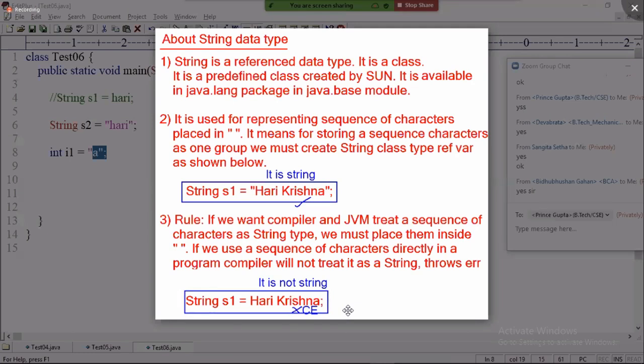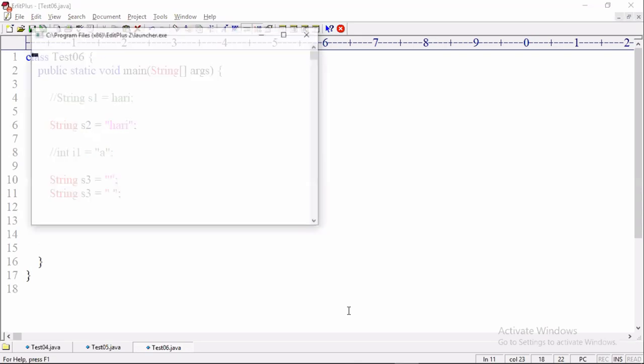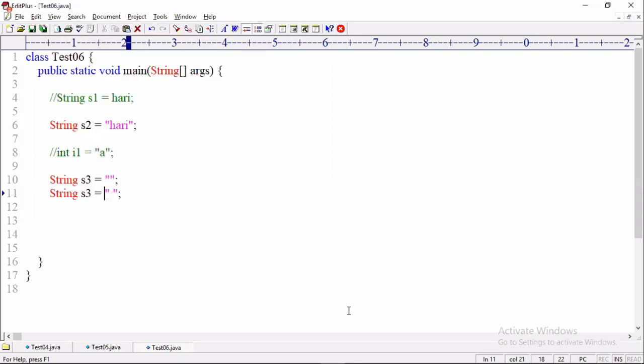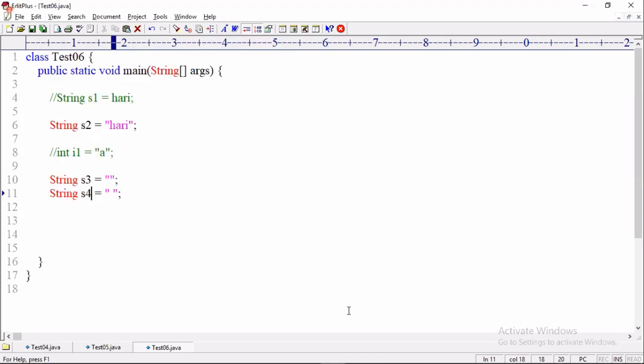Then tell me, in double quotes, how many characters can I place? In double quotes, String s3 = "", I can place 0 to n number of characters. Look, no compile time error. You can place zero characters. You can place one space, so I take it as s4.